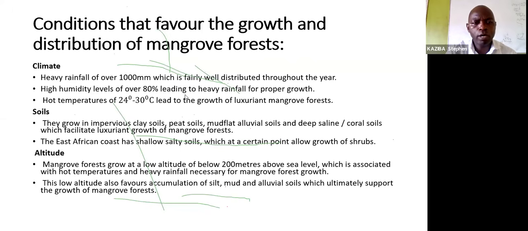So you look at the altitude. Of course, they are located at a very low altitude of below 200 meters above sea level, because this kind of altitude is associated with hot temperatures and heavy rainfall. Of course, the low altitude also favors the accumulation of silt, mud, and alluvial soils. Then you talk about